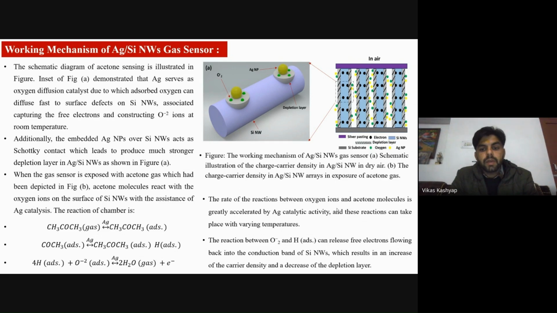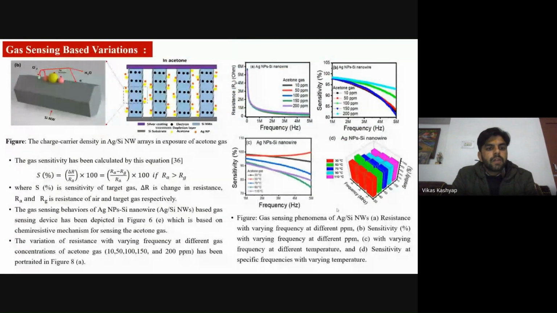The reaction between O2 negative and hydrogen is the adsorption process. We know that absorption and adsorption have different meanings. This reaction can release free electrons flowing back into the conduction band of silicon nanowires, which results in an increase of carrier density and a decrease of the depletion region. Similarly, when the Ag nanoparticles are exposed to acetone gas,